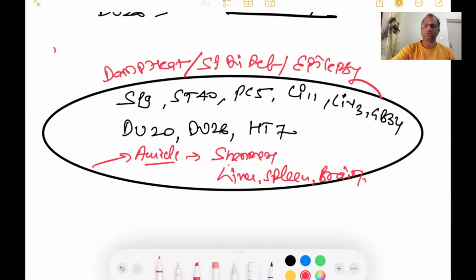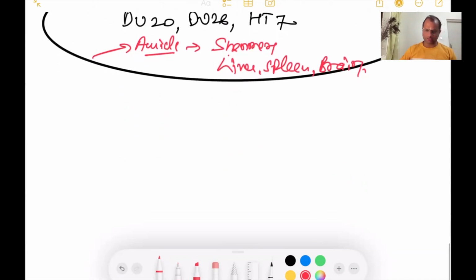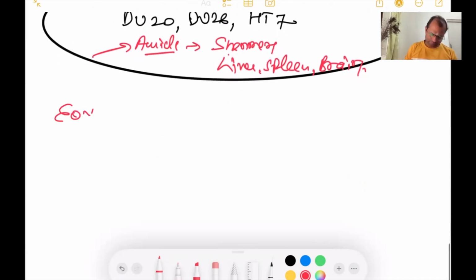But other point we can use. So number one, let's think about the EOB, the extraordinary vessels. As per the extraordinary vessels, if we want to clear the damp heat,